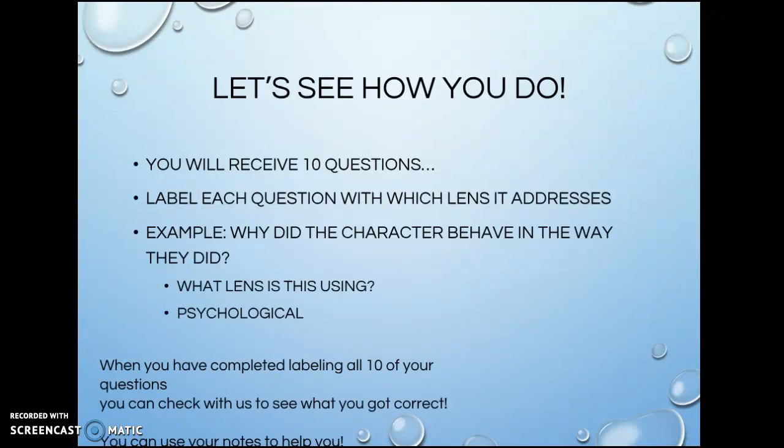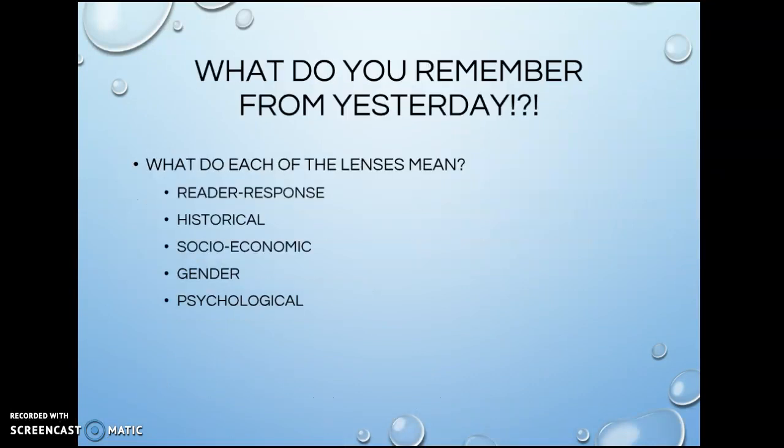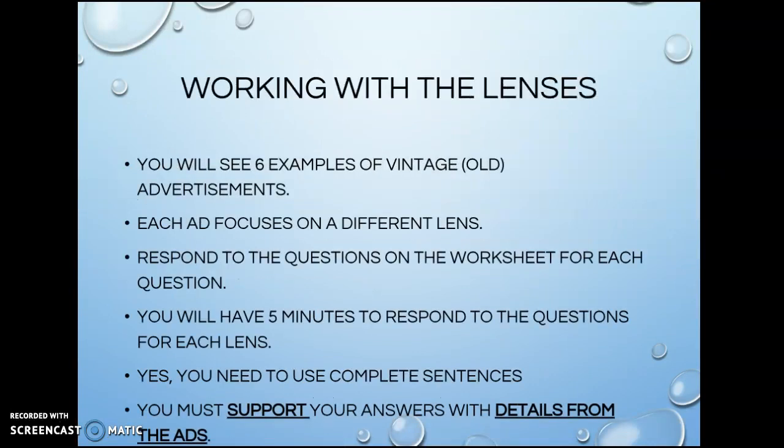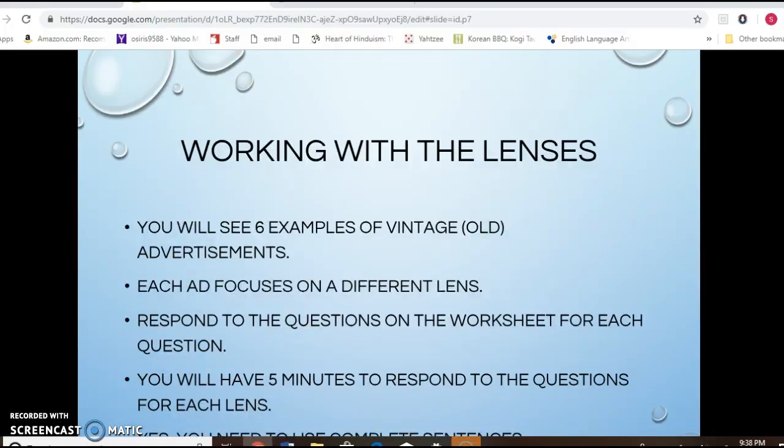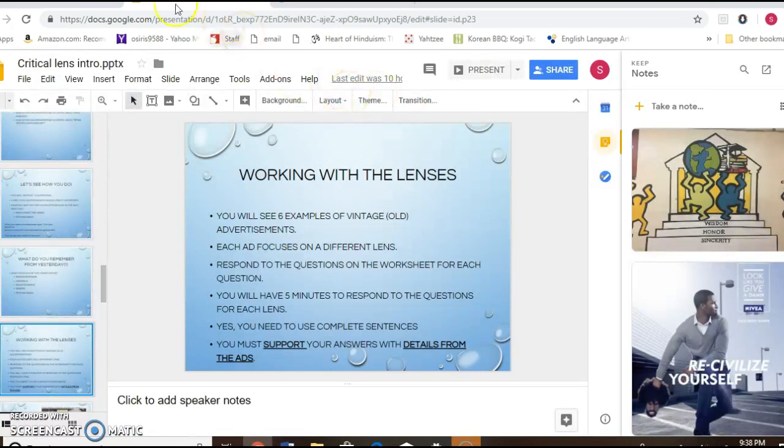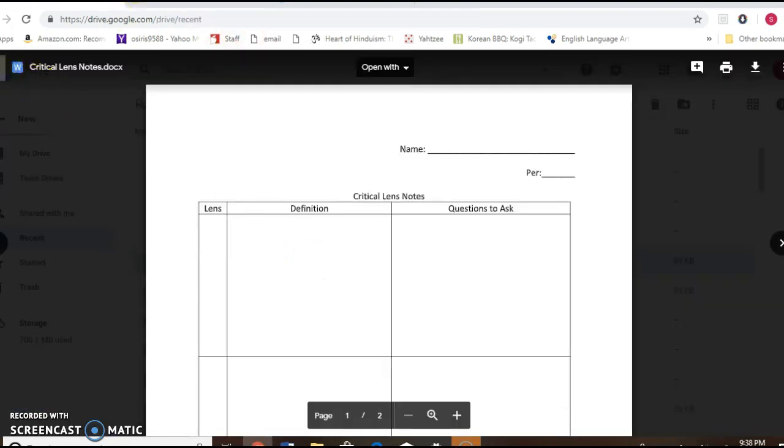Okay, so now what we're going to do. Okay, we're going to pause it here in a second. But now we're going to kind of apply this. Okay, what I'm going to do is I'm going to show you up in the Google slide presentation 6 examples of vintage or very, very old advertisements. Advertisements for certain products. Okay, each ad focuses on a different lens. Okay, I'm going to give you a set of questions. If you're doing this on Google Classroom or if we're doing it live, should be the second link if you're doing a